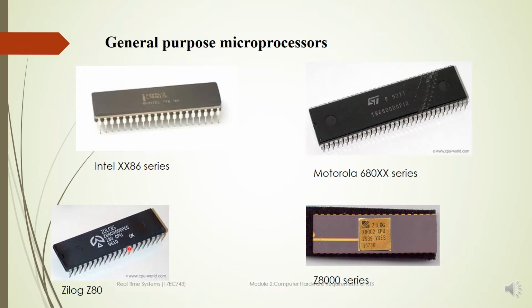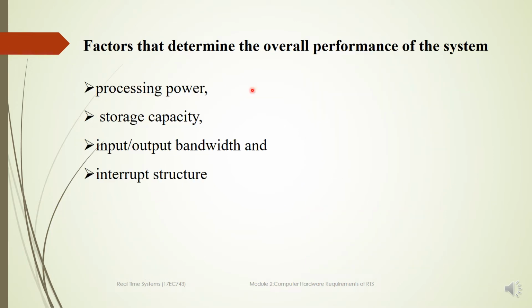Okay, and what are the factors that determine the overall performance of the system? The computers that are used in real-time computer control are modular. When I say modular, it means that they provide means of adding extra units such as input devices. Whenever we need input or output devices to be added to a basic unit, it must be able to add them. So that is modularity. This modularity should be provided to a basic unit.